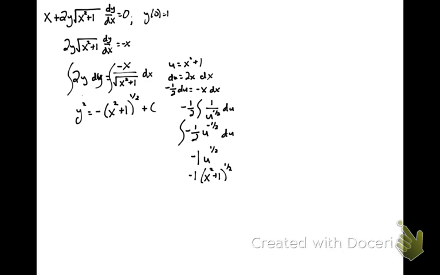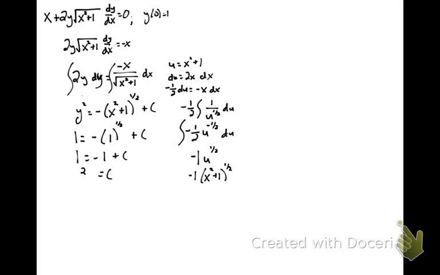Now I'm going to solve for c. I know that when x is 0, y is 1. So 1 equals negative 1 to the 1/2 power plus c. 1 equals negative 1 plus c. So c equals 2,